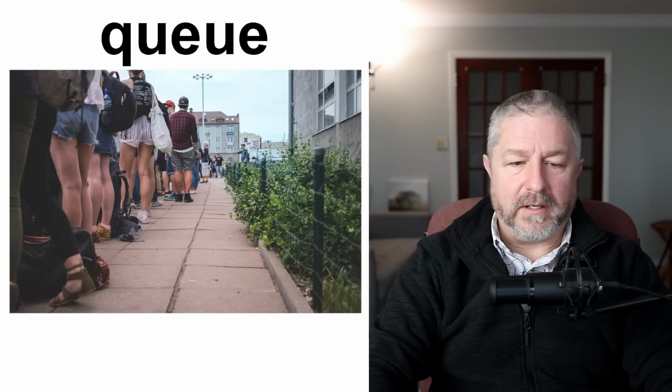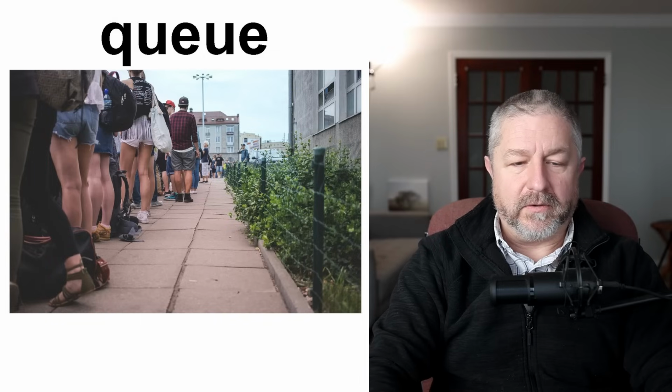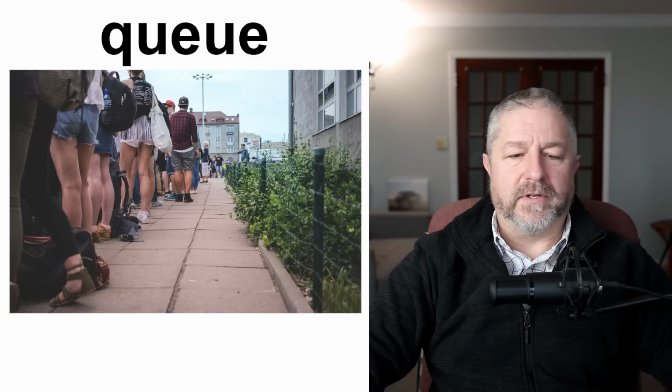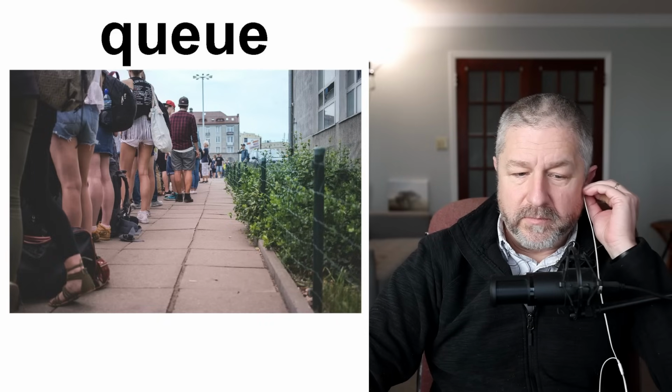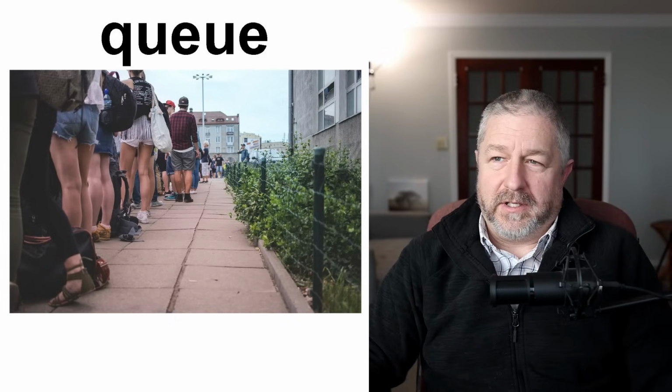Just 1 second here. Let me check something. I'm hitting all the wrong keys again. I'm just checking if there was a different pronunciation in British English, but